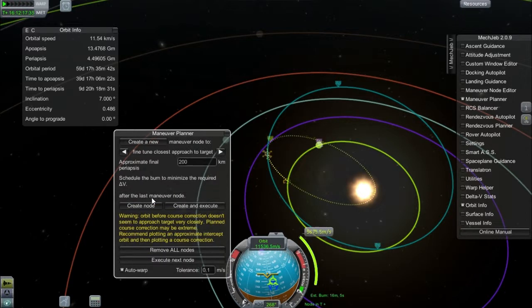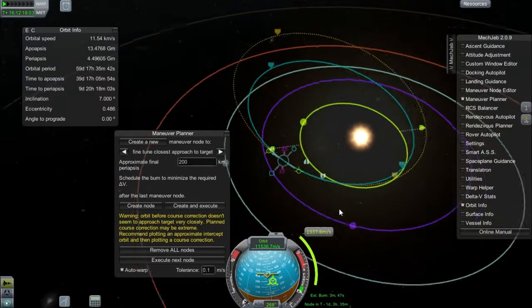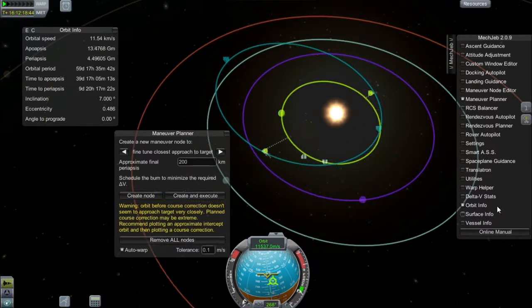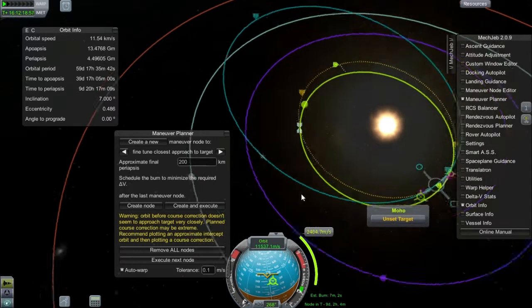And now what I'm trying to do is figure out how the heck I can get Moho to capture this ship? And I eventually find it way on the other side of the sun. It's like ridiculously far away. I don't know. I'll probably have to do a few more calculations when I decide to do this again,